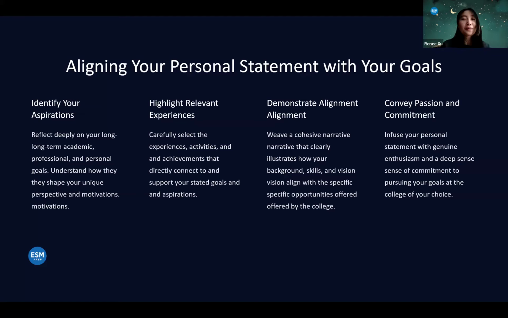So don't forget, the most important thing about the personal statement is to show them who you are. And if those qualities come out and they just so happen to align with your career or educational goals, that's ideal, that's amazing. But again, it can be an essay about feeding pigs, and then there's a quality that you show to admissions, like maybe it's resilience, maybe it's the ability to see things from a different perspective. That's going to show them who you are. You want to make sure that it's multidimensional and remember that it's part of an overall package that you are showing to admissions.